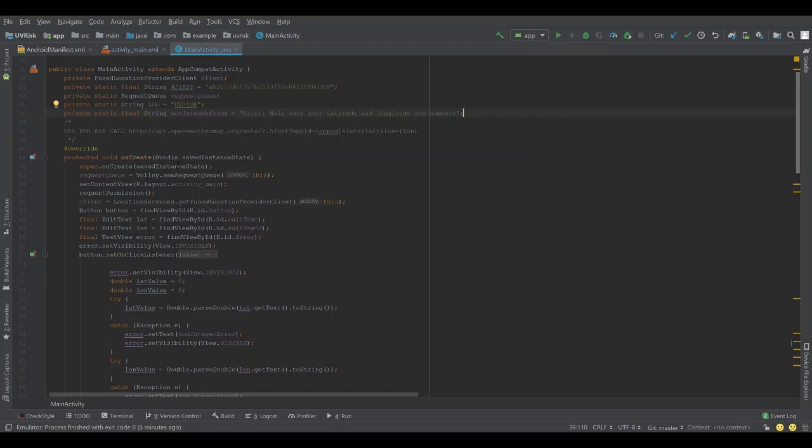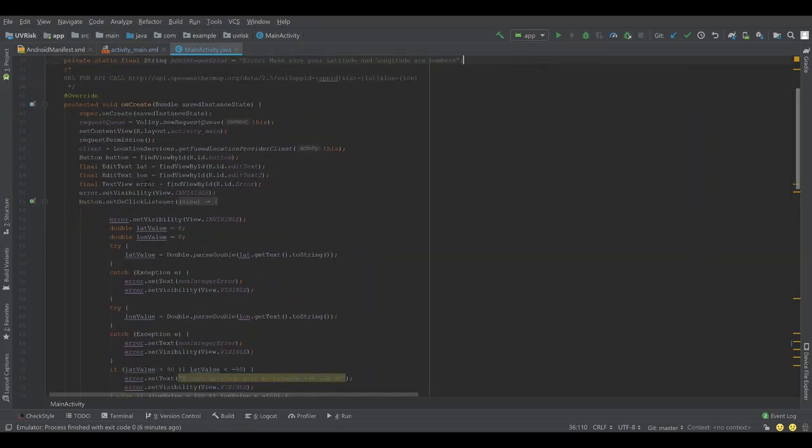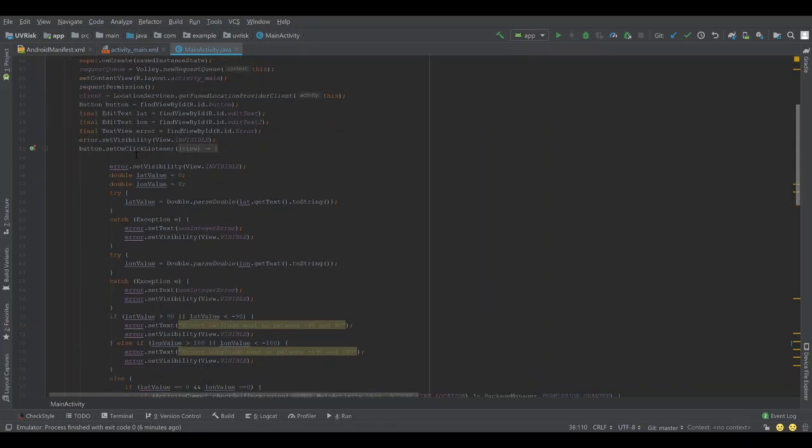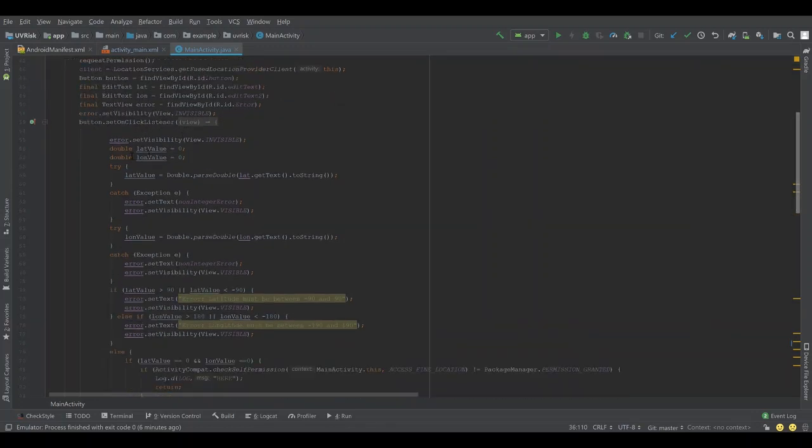So here we have the onCreate function, which basically sets everything at the beginning. So all our edit text boxes are text views, and we initialize our button set on click listener. So the onClick listener